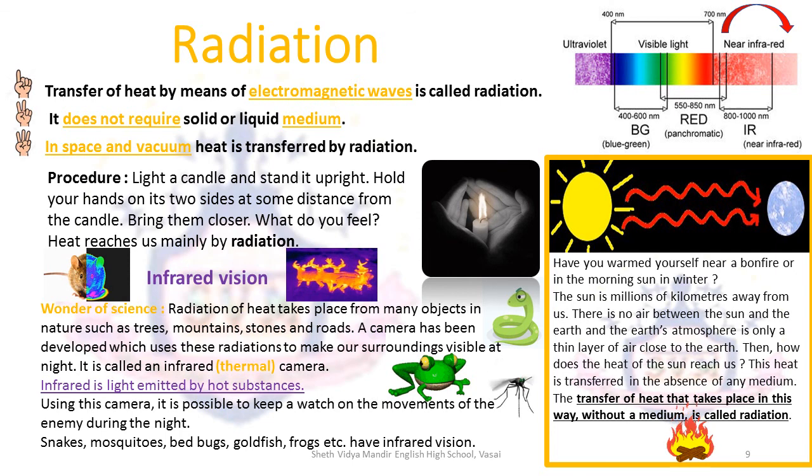Now, the most commonly observed example from a closer distance is if you put your hands near a bonfire during the winter season, you would receive the heat without touching the flames. The heat of the sun, which is quite far away from you, reaches you on the earth. You feel it especially during the summer season. It's basically through radiation. You do not touch the sun during the summer season. The sun does not come closer to you. It's just the heat that is radiated from the sun that you receive on the earth.